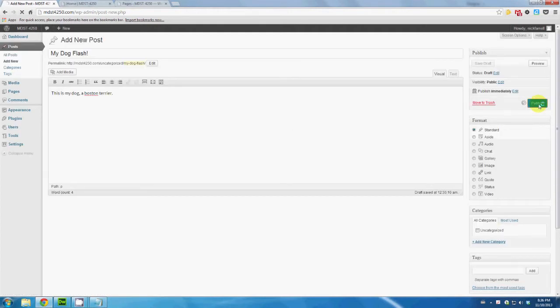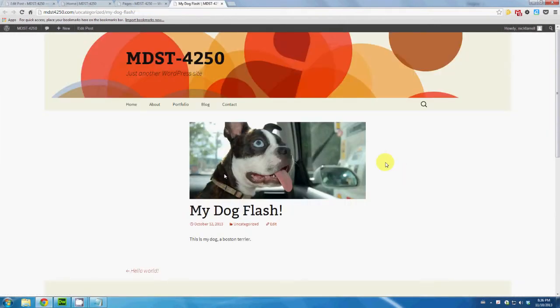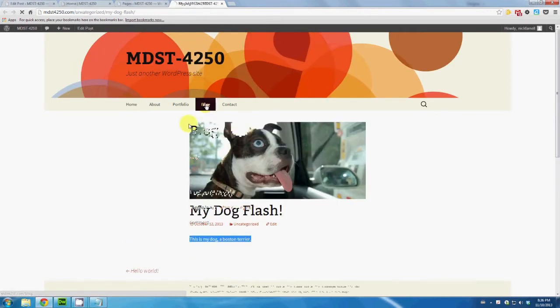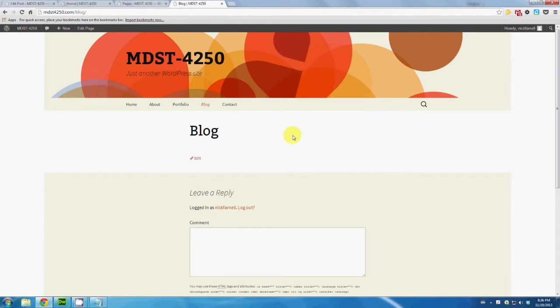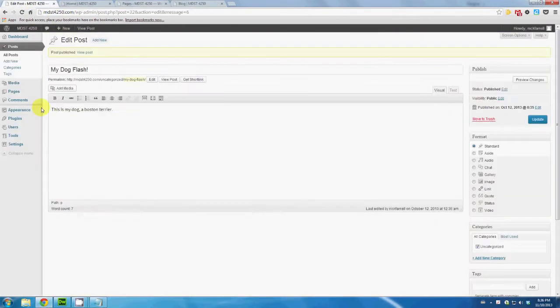Publish this, and then I can view the post. So I'm going to open that in a new tab, and there is the title, the featured image, and the content of that blog post. So right now if I click on blog, we haven't connected it there yet, so the blog page really isn't showing us anything. To do that, if I go back to the dashboard, and then under settings and reading,